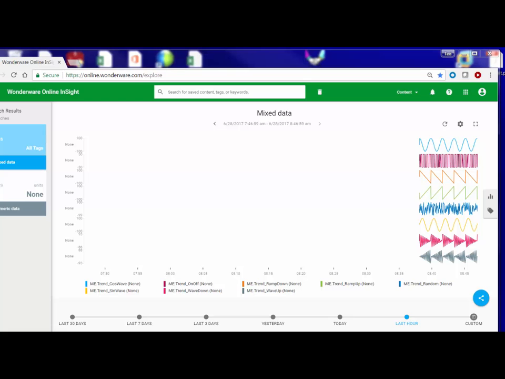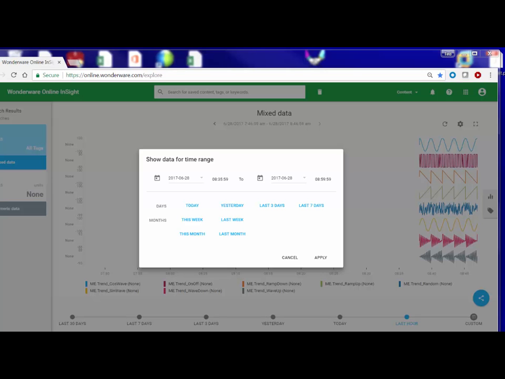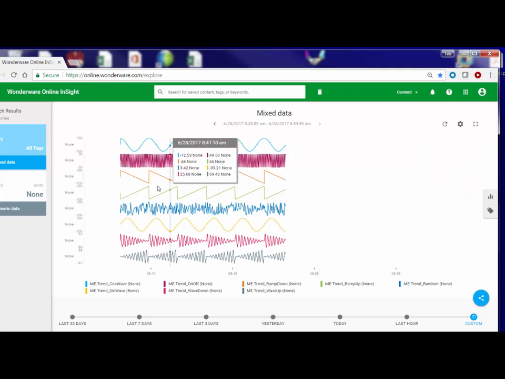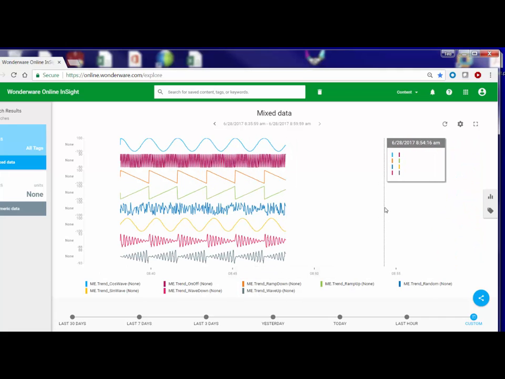Let's change the time horizon so it gives us more data on the screen. So we're going to pick a different time horizon and take a look at the data. And you can see the data now is shown on our display. I can do a refresh. You can see that live data is being streamed in here. If I constantly hit refresh here, data is constantly being streamed up from that InTouch Machine Edition node we have out there